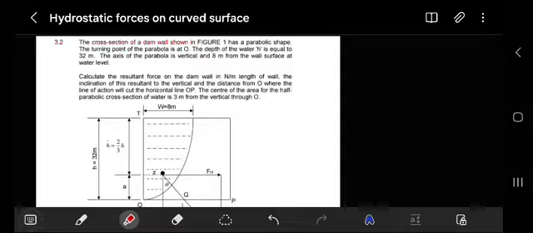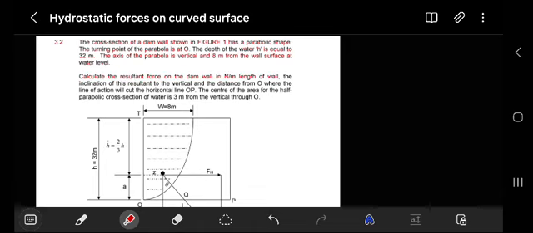Our given question 3 reads as follows: the cross section of a dam wall shown in figure 1 has a parabolic shape. The turning point of the parabola is O. The depth of water H is equal to 32. The axis of the parabola is vertical, 8 from the wall surface at the water level. Calculate the resultant force on the dam wall in Newtons per meter length of the wall,